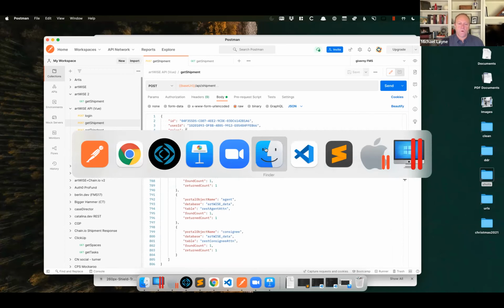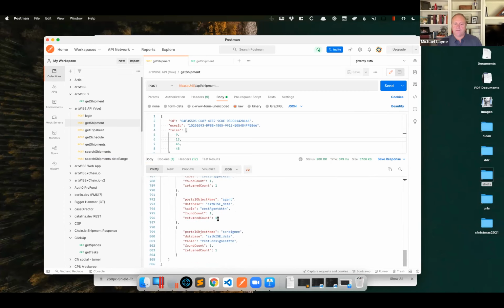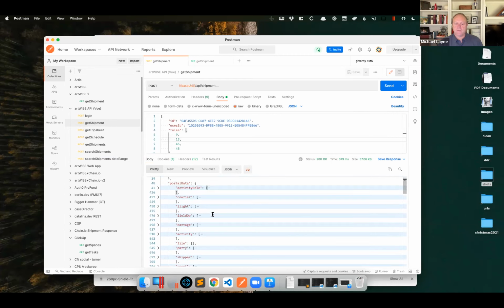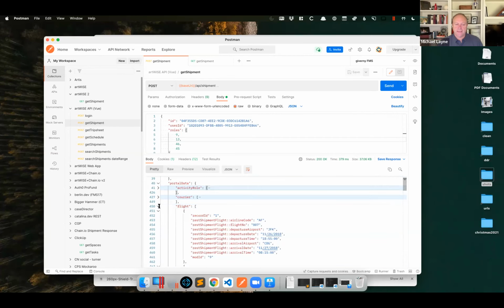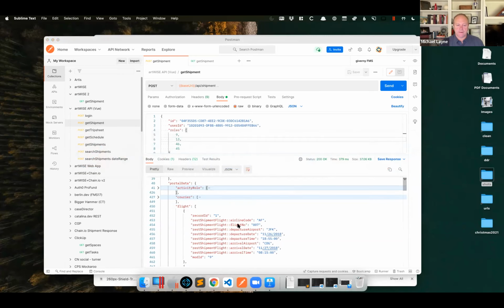So one of the things that we want to do is limit the amount of information we're sending back. It's always good to be cleaner and leaner. So I want to get rid of this portal data. I want to get rid of some of these things I don't need. And I also want to get rid of things like rest, shipment, flight, airline code. So the way we do that is we're going to open our text editor,